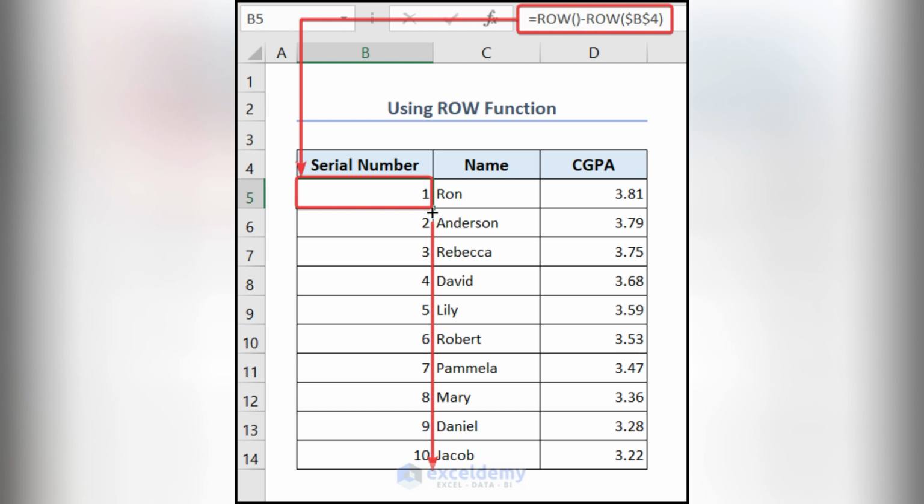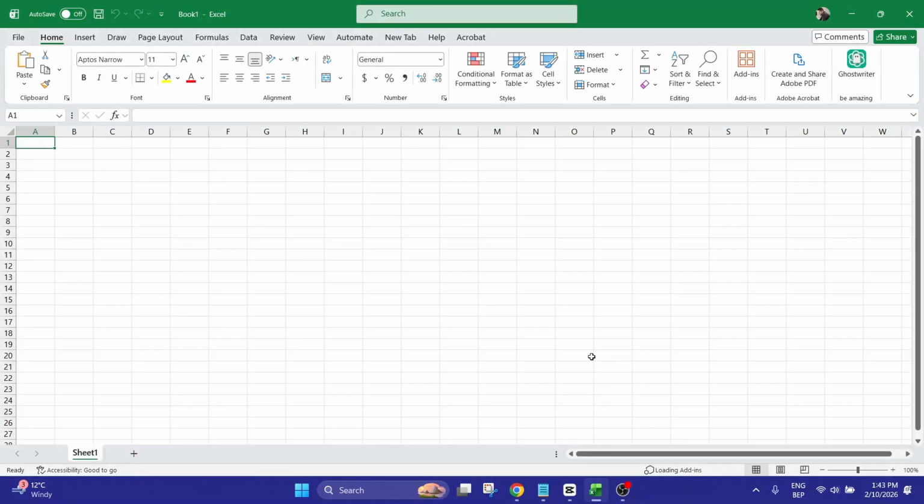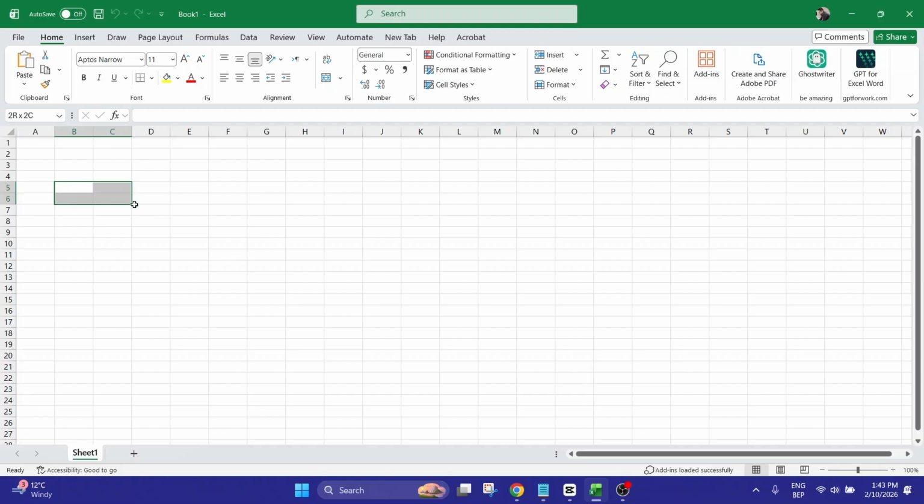Using these simple techniques, you can quickly create serial numbers in Excel, keep your data organized, and save time on